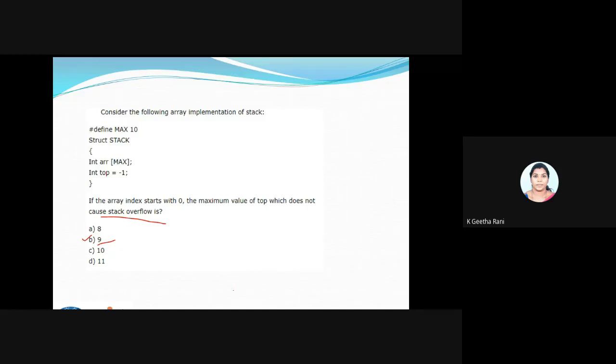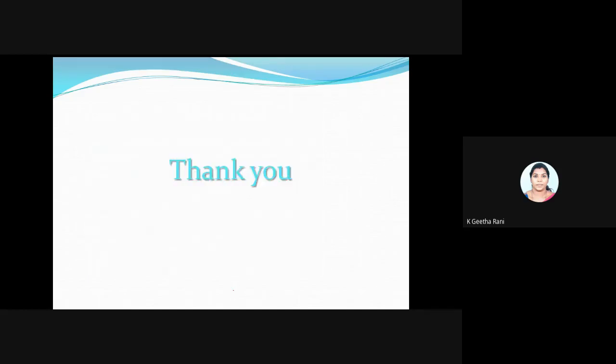Fine, so that's all for today's class. Thank you, students. So I have a quick recap of what we saw today. We saw the array implementation of stack, and a perfect C program for writing the array implementation. You can try the programs at home.